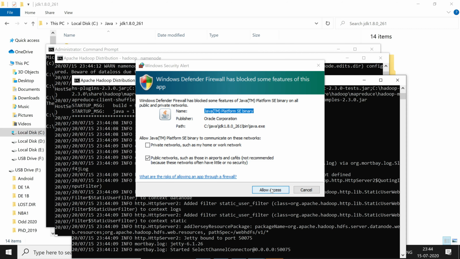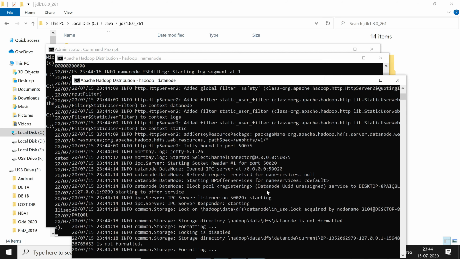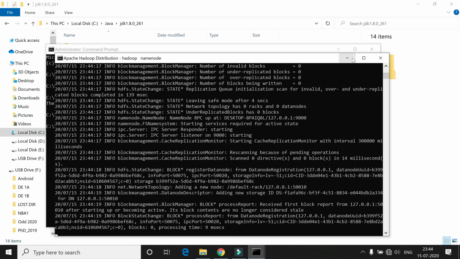Here you have to give allow access. At the top you can see data node and name node, which are the two main components of your HDFS system. Then it will stop at a particular step, so just minimize these two windows.